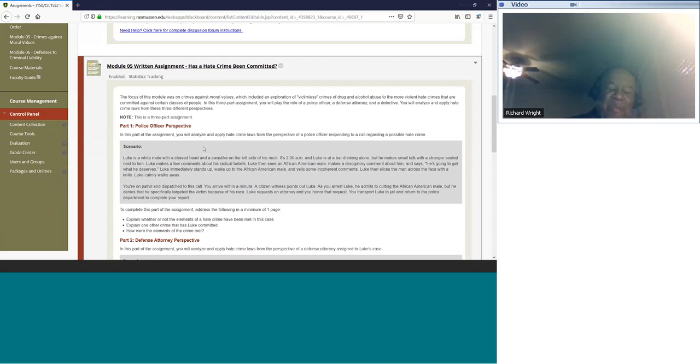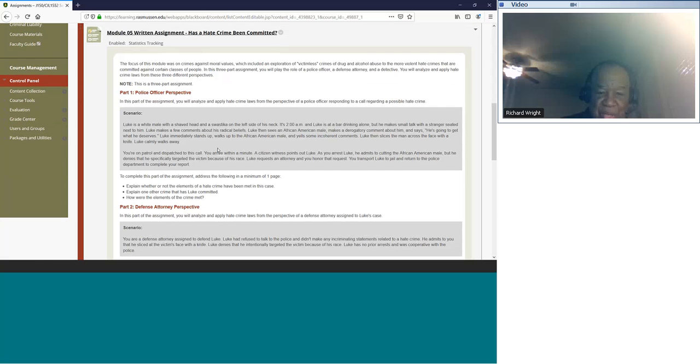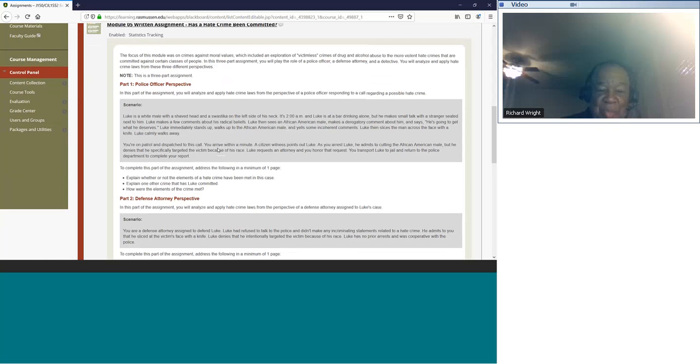Now, you don't have to have a separate reference page. All of your references from all three scenarios can be on one reference page, but citations need to be in every scenario, and you're going to deal with this. And it's going to be a minimum of 1 page. 1 page, not a half a page, double spaced,